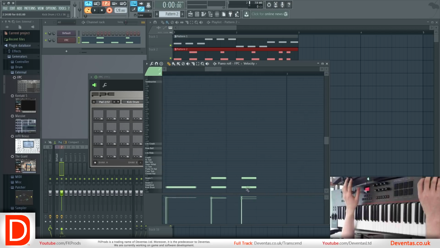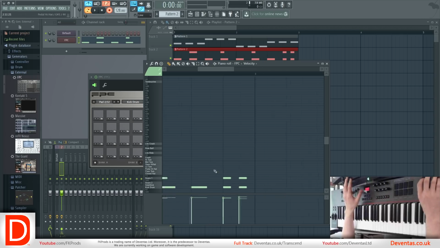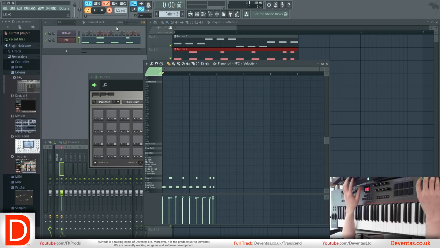Now, it's not completely perfect though. I was so off tempo at the end that this is quantized to the wrong values, which you can see very clearly because that shouldn't be there. It should be here. As you can see, every other note starts on the big bold line, as should this one. So now if you play it back, if we turn off record mode,